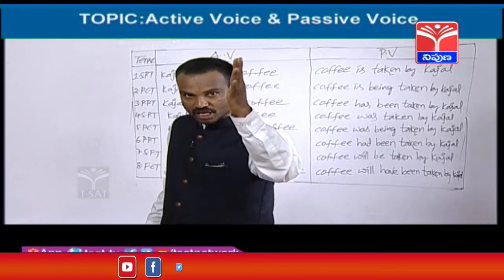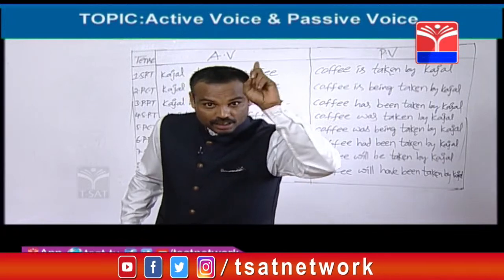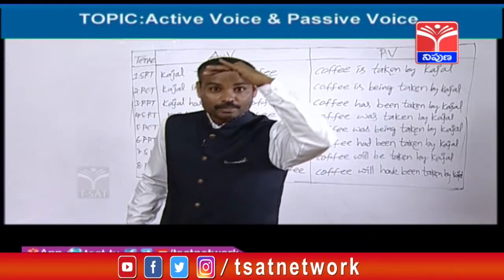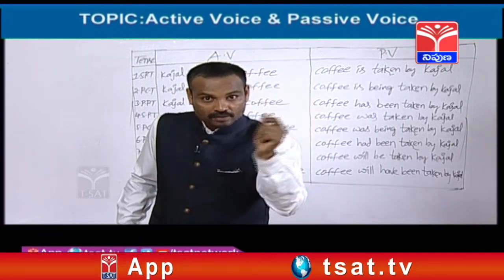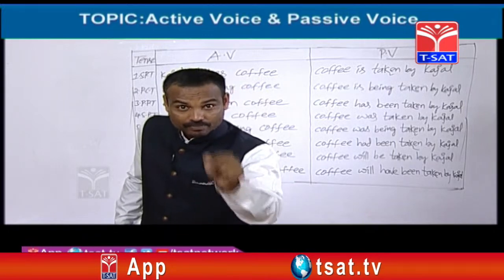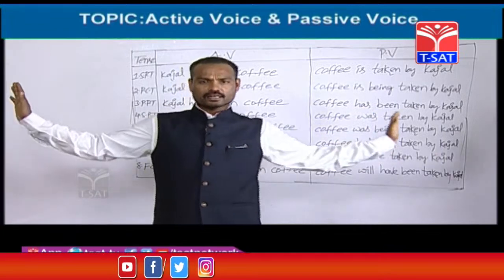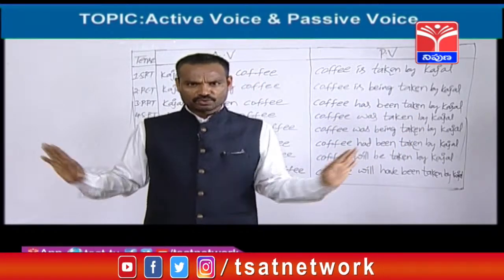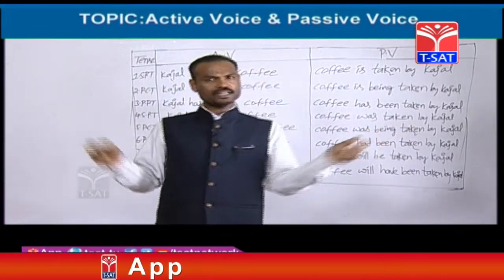So you know very well that we write being when we find the ing form, and we write been when you find have, has, had. Now the third change is be. Change number one, being. Change number two, been. Change number three, be. Sir, the first two are very clear. We have no doubts at all. Come on, please explain. When should we write be? Very simple, friends.